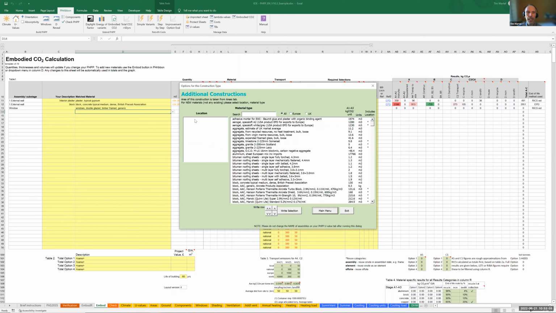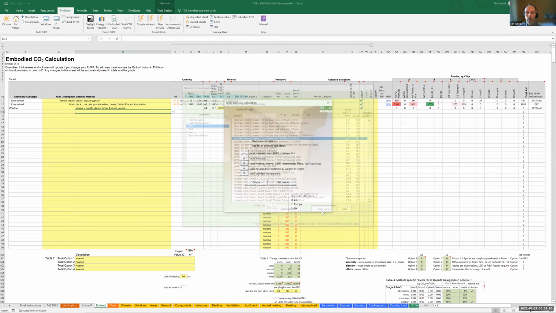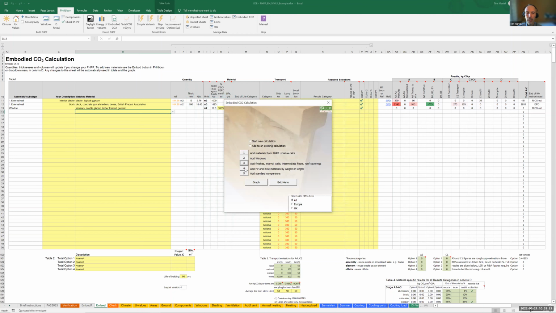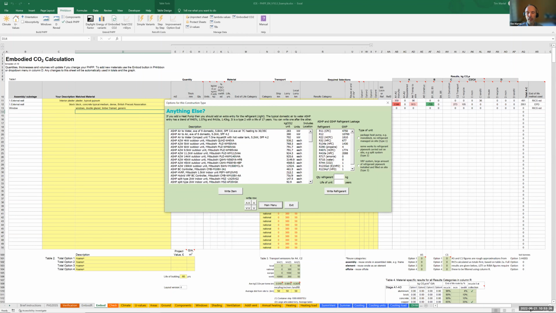And when you select one of these different categories, it'll give you a special menu for materials which are commonly in that location, and you can choose from those and add those. And just as we did before, write the selection. And then services are on this other button 4, and we've just added quite a lot of Mitsubishi heat pumps, which are